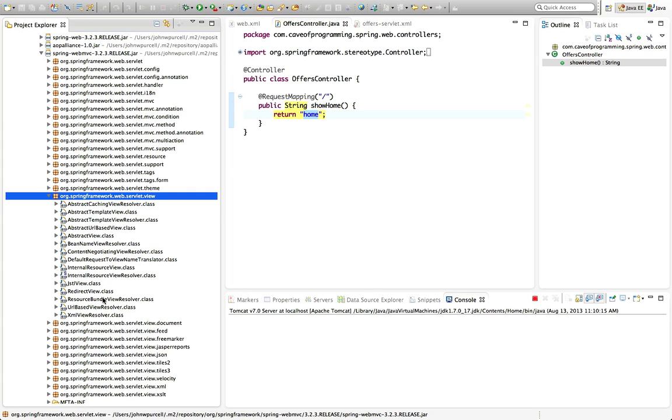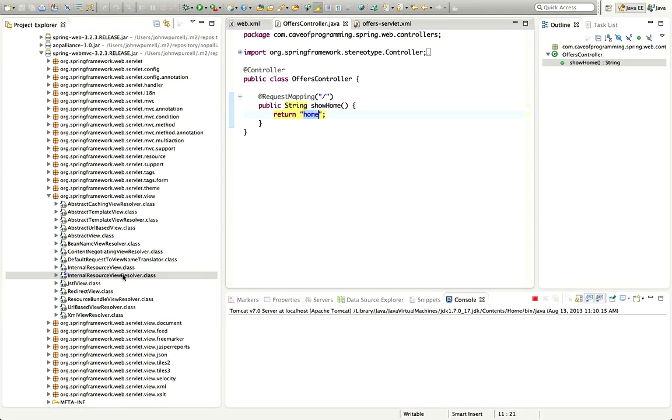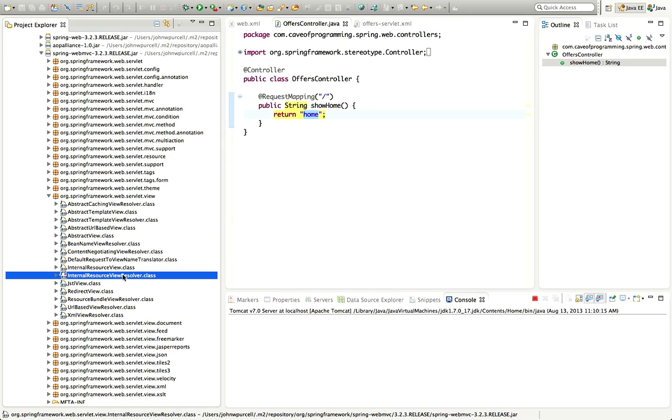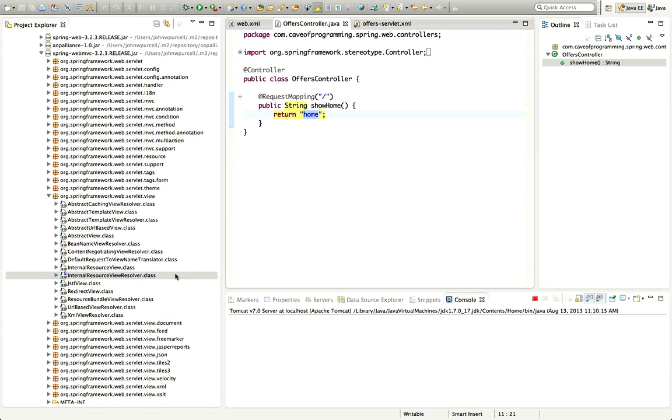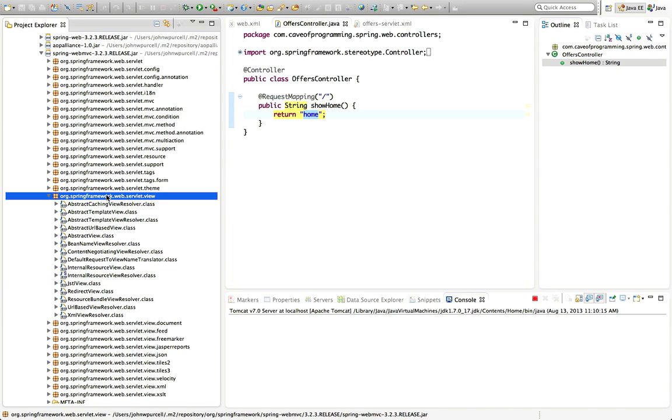So for that reason, we're using it in this tutorial, and we're going to use this InternalResourceViewResolver class, this one here, to resolve this logical name home to a JSP file. So we need to add this class as our view resolver in the dispatcher servlet's context XML file, so the dispatcher servlet will know to ask this how to resolve this name home into the appropriate JSP file in this case. So I'm just going to click this package here,